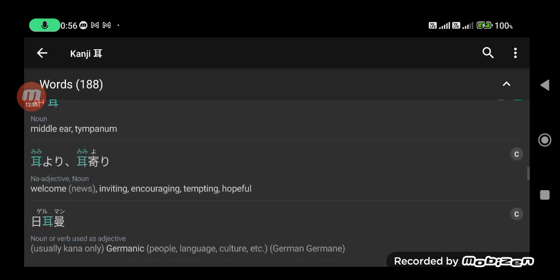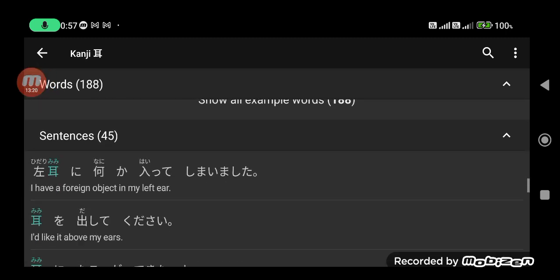Okay, and mimiyori. Mimiyori, on the contrary, is welcoming. Let's say good news, a welcoming thing, mimiyori. Or inviting or encouraging, something that encourages you every time you hear of it. Something welcoming or that gives hope. Okay, minasan, so